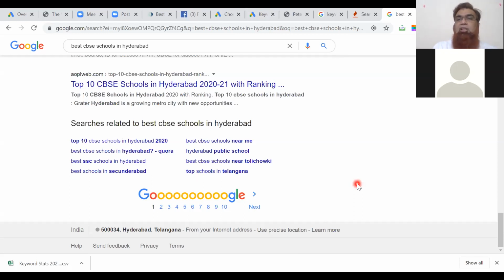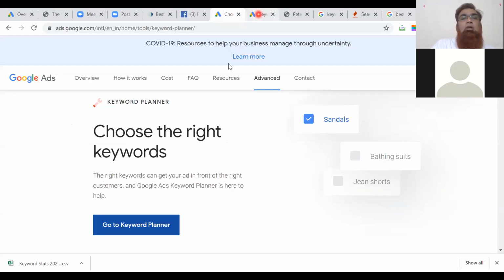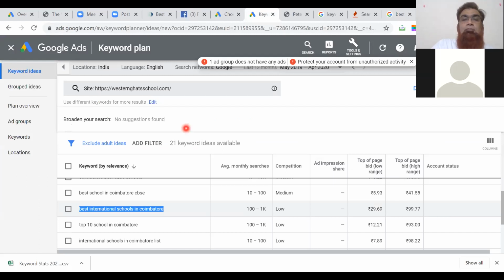Now we'll be discussing a little bit more about Google paid campaigns, Google ad campaigns, and there we'll be creating some ads and seeing what kind of ads we can create. Okay, so this is all about this particular section. Now I'll guide you on creating direct ads on Google. There is a small PPT, I'll just go through that.